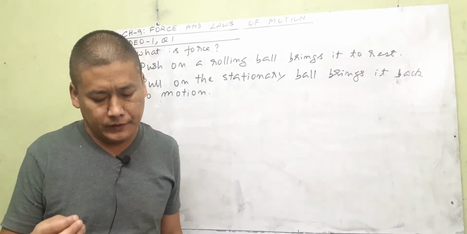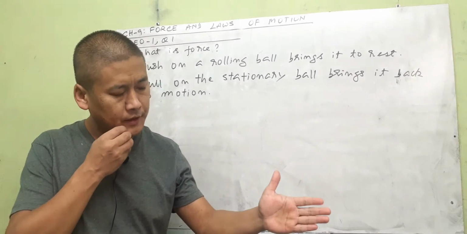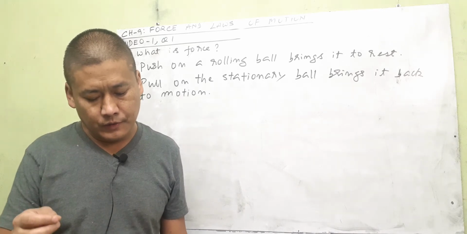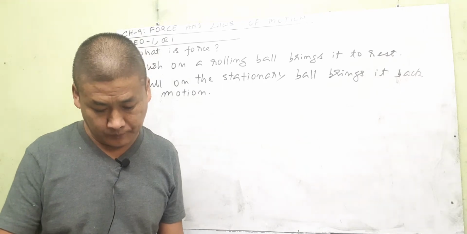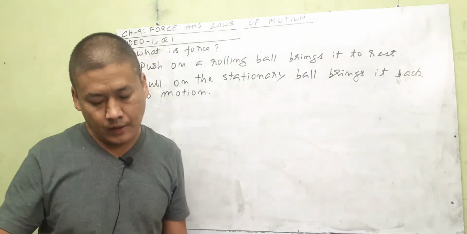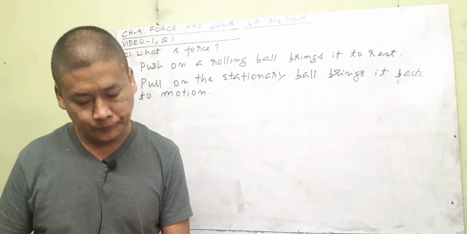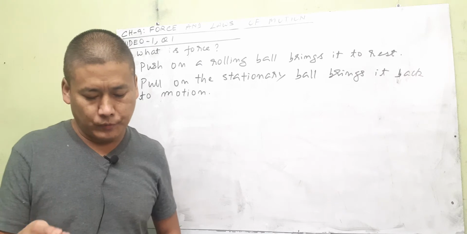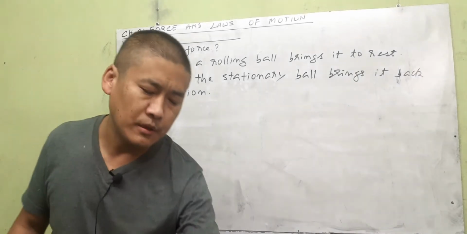But a technical definition is like this, not hard. Force can be defined as an influence, like a push or a pull, which tends to move a body or object which is at rest, or which tends to stop a body. Suppose a body is stationary and you push, it starts moving; or a body which is moving, you block it with a pull or push, it comes to rest. So force tends to move a body at rest, or stop a body already in motion, or change the direction of motion also.